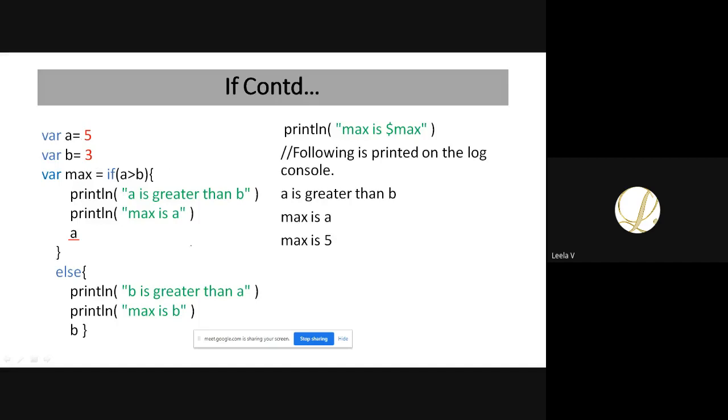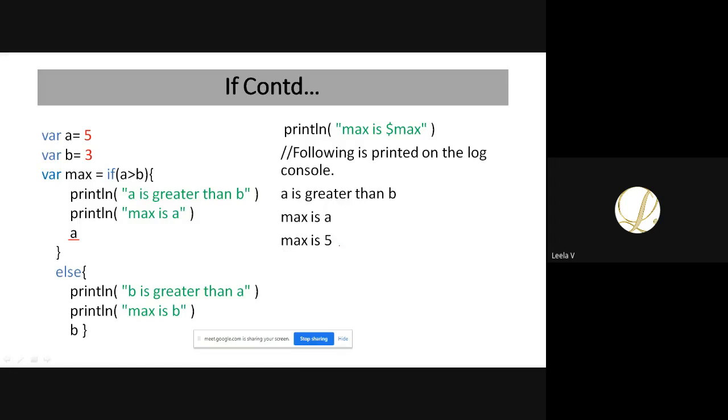So here the same thing, I'm checking the largest of two numbers, but we are using more number of statements within my if and else block. First we are checking this condition, A is greater than B, so the condition is true. So first it prints A is greater than B and max is A. After that, it returns this value of A as a result to this expression. So your max is assigned with A. After that, I am printing this statement max. So your max is 5 will be printed.